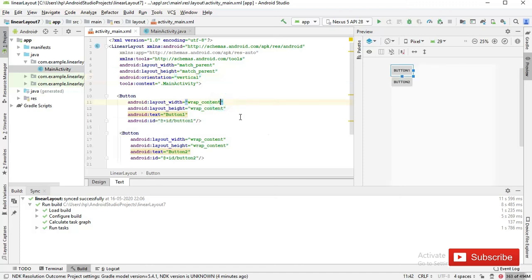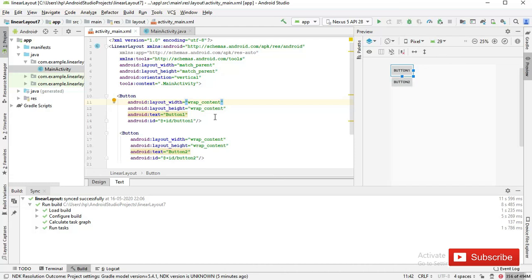If we use match parent in the place of wrap content, you see the button size expands, but if we write wrap content in the place of match parent, you see the size of the button decreases.